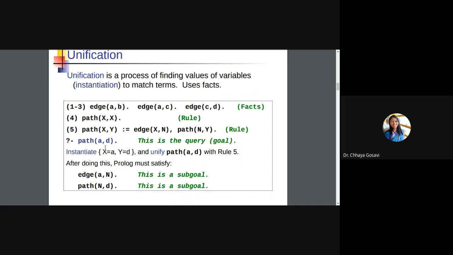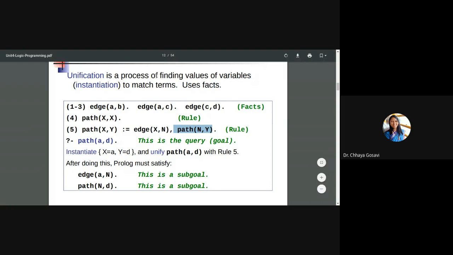And unification means now we check: is there a rule for path? Yes. Then check whether this rule is getting satisfied. On the right hand side of the rule, we have sub rules. So try to find the solution for these sub rules, and if you are able to, then the query is true, otherwise false. This process is called unification, a process of finding values of variables to match the terms.